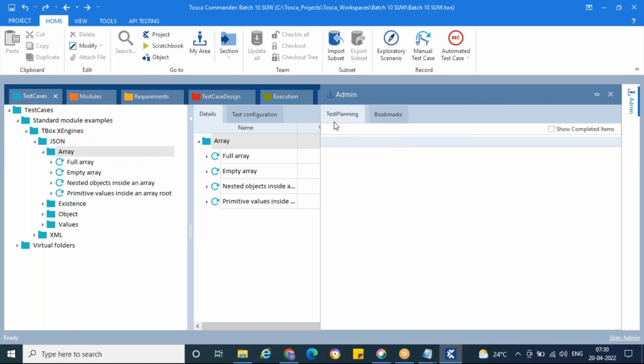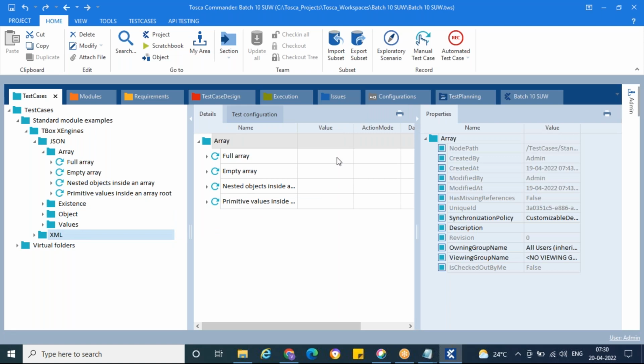So my area means this, I will explain in the test planning section. Okay, see, there is a test planning here, right? So bookmarks, test planning, right? So you can actually do the bookmarks. Say for example, if you want to bookmark any of the items present here, say for example the XML, you want to bookmark it, just drag that one, or first create